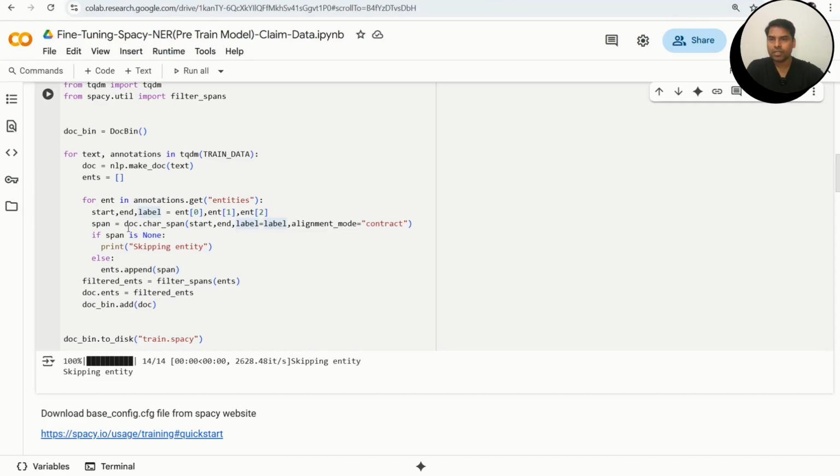Now from these three pieces of information, from the existing doc, I'm creating a char_span. This is all a library, a format by spaCy. You have to follow this. I'm passing the start index, the end index, the label, and the contract, and it will create a span. Then this span I will append into entity. I'm creating an empty list, and whatever span I'm getting, I'm just appending into entity. This way, for every entity, I'm creating a span and keep adding into my list. And finally,